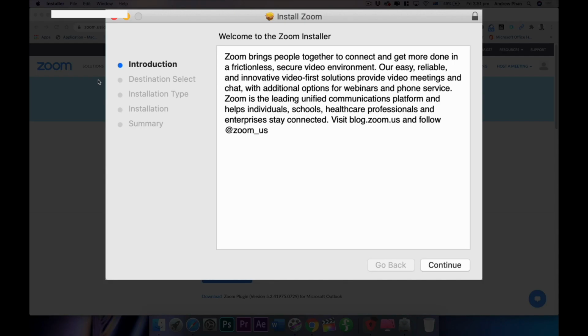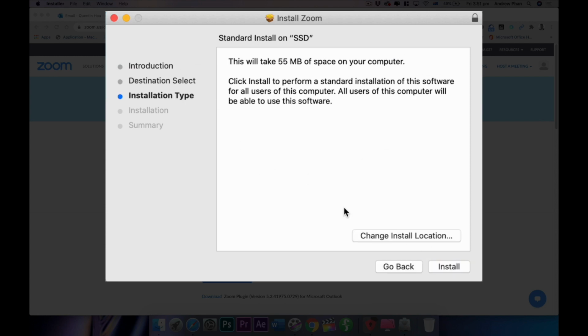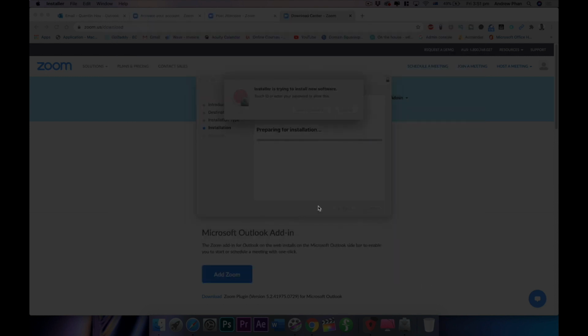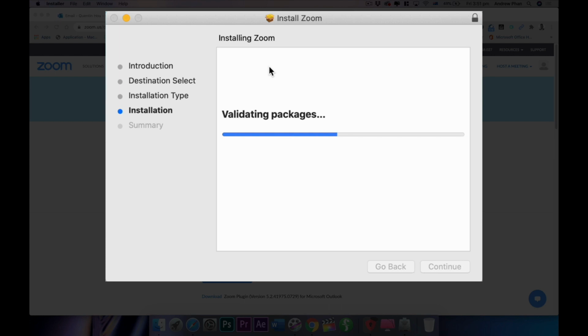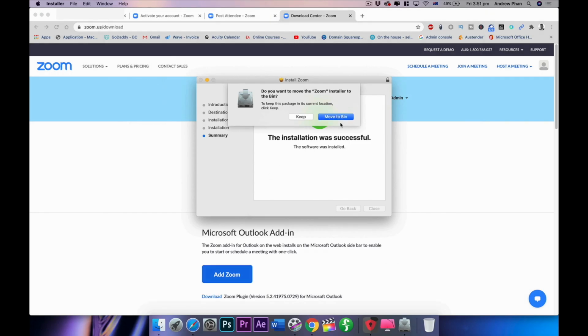Okay guys, so now you're installing your Zoom. This is what it's going to look like. You've got this screen here, introduction, Zoom brings people together to connect, blah blah blah. Just hit the continue button. Location, you can choose where you want to install it. I'm just going to hit the install button, and it's going to ask for your password, and you just type the password in, and now it's going to install. Installation is now done. You hit the close button,